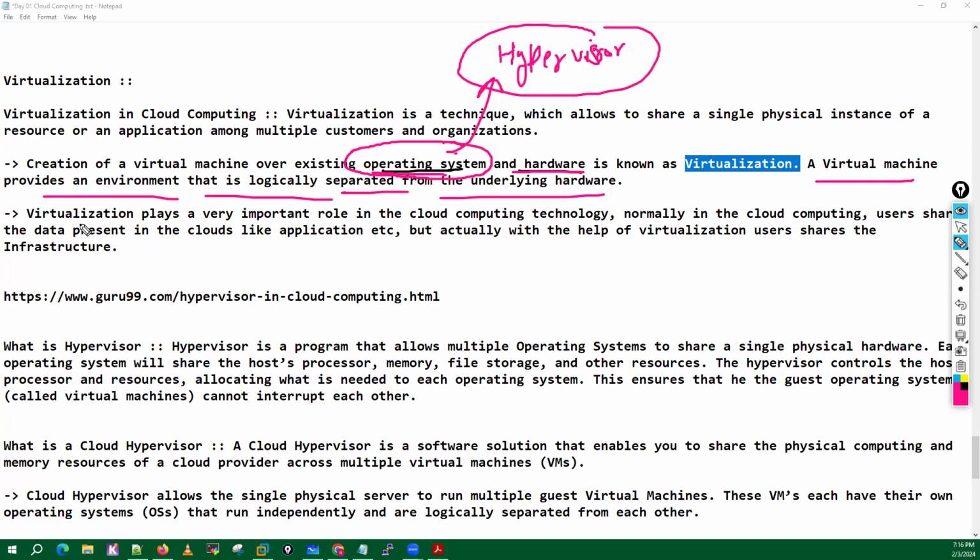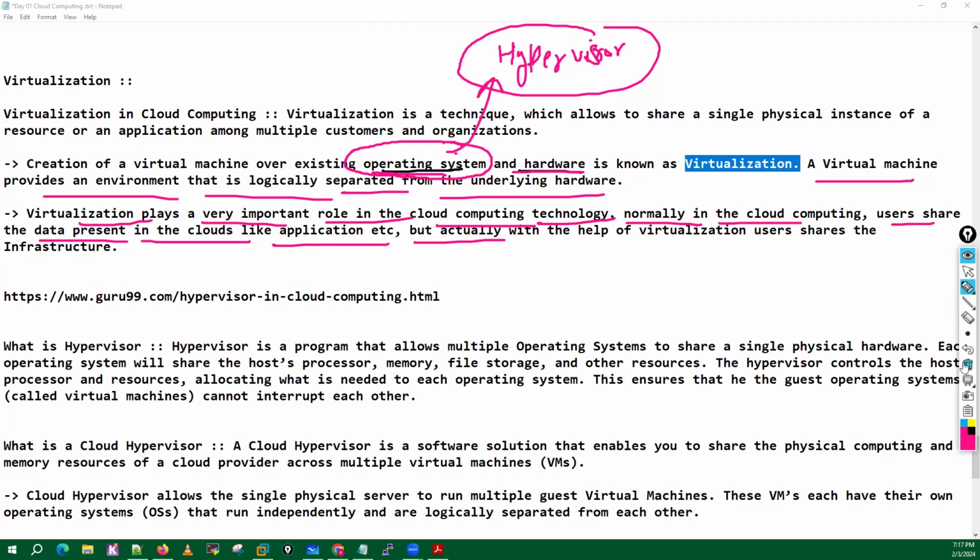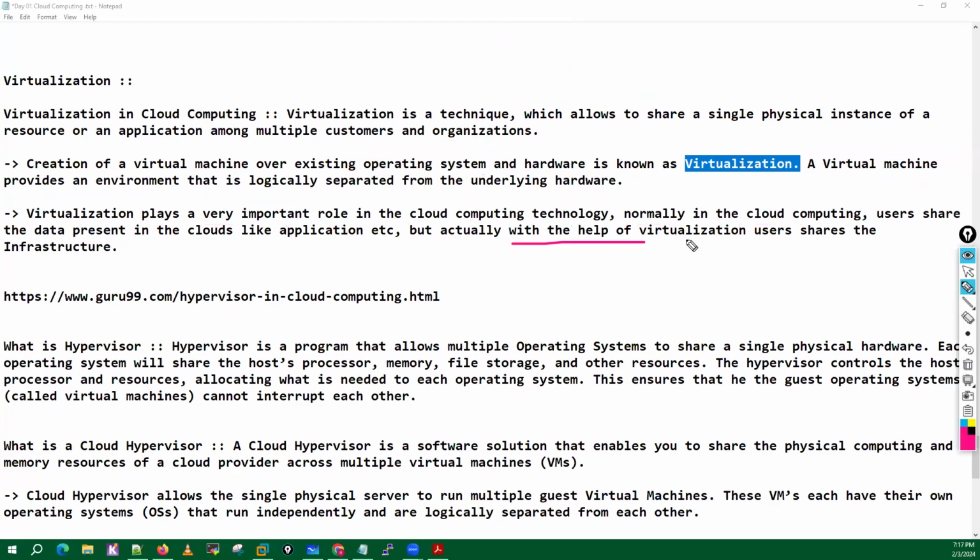Okay, virtualization plays a very important role in cloud computing technology. Normally in cloud computing, users share the data present in the cloud, like applications etc., but actually with the help of virtualization, the user shares the infrastructure. Means whatever infrastructure you get, everything is virtualized. Okay,